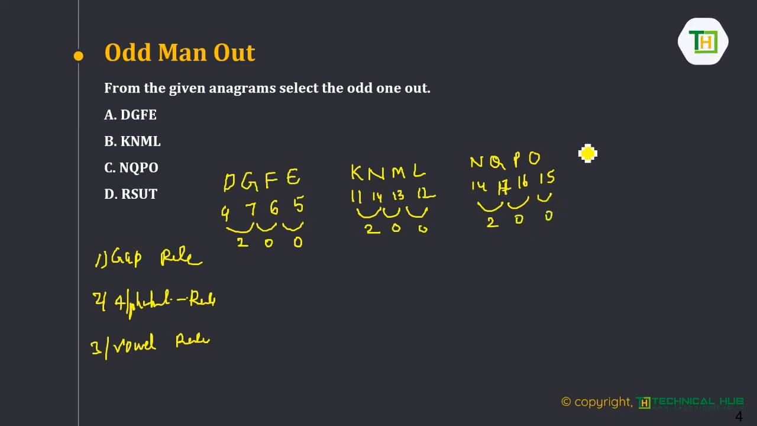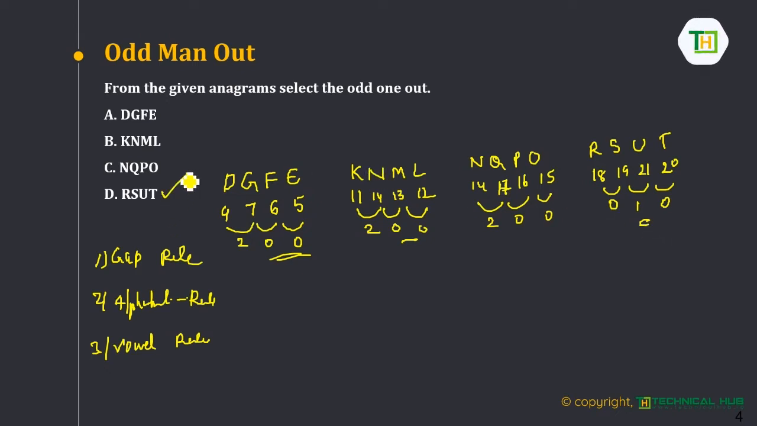Going to the last option: R, S, U, T. R is 18, S is 19, U is 21, T is 20. Between 18 and 19 the gap is 0, between 19 and 21 it is 1 letter, and between 20 and 21 it is 0. If you observe clearly, using the gap rule you can find the answer. Options A, B, C follow the same pattern and the fourth one is completely different, so the odd one is the fourth option,